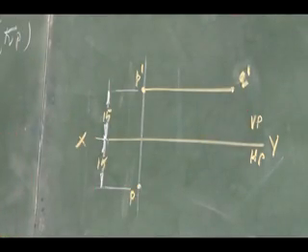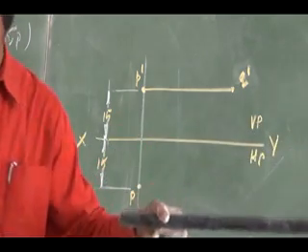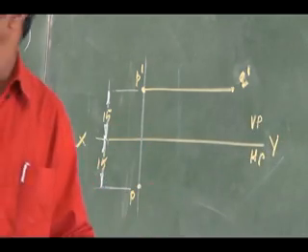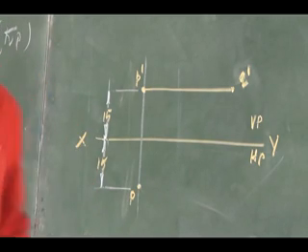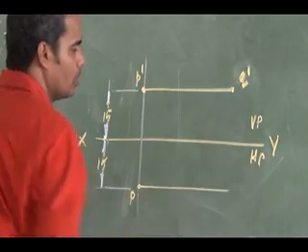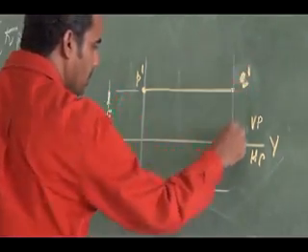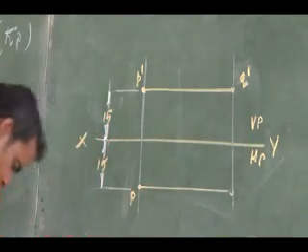So clear? The same. This is my front view. The same thing I will obtain on the top view. The top view also will be parallel to the reference line. So, okay. So the other end will have the location like this. So that also